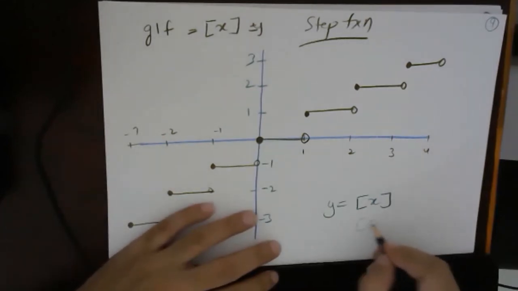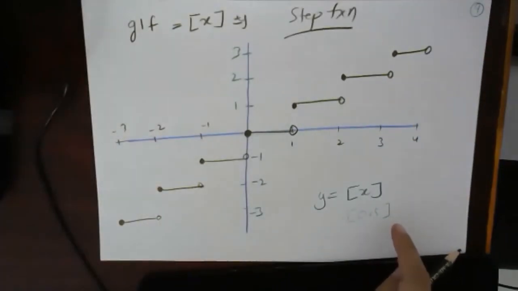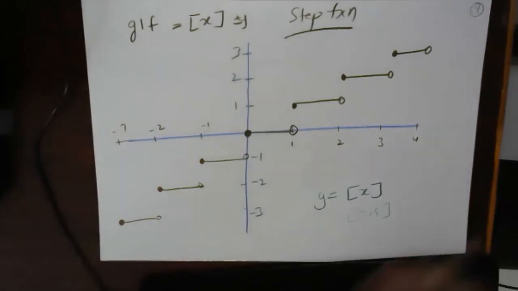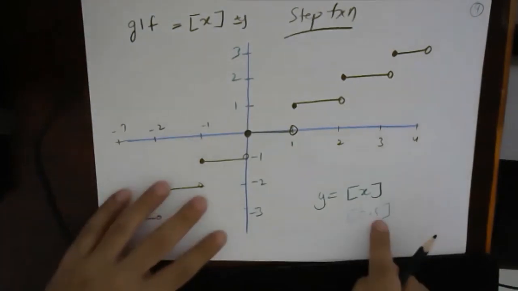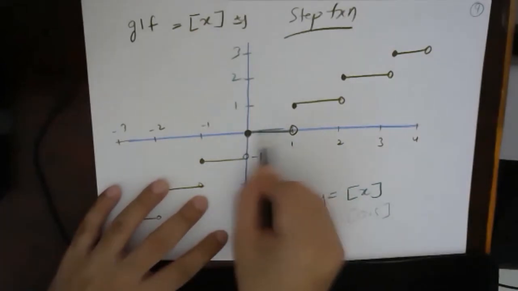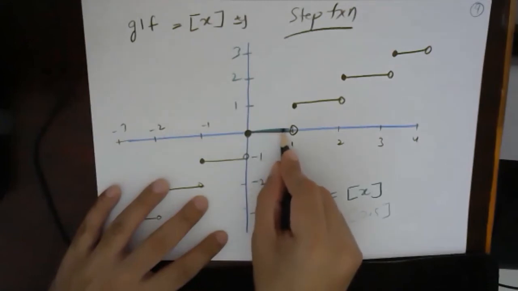So greatest integer of 0.5. Greatest integer means what we just did, the same thing, the integral value. Samhita, greatest integer is nothing but the integral value. It will just give the output as the integral value. So for 0.5, what will be the integral value? 0. For 0.8, what will be the integral value? 0. For 0.9, what will be the integral value? 0, and so on, right?